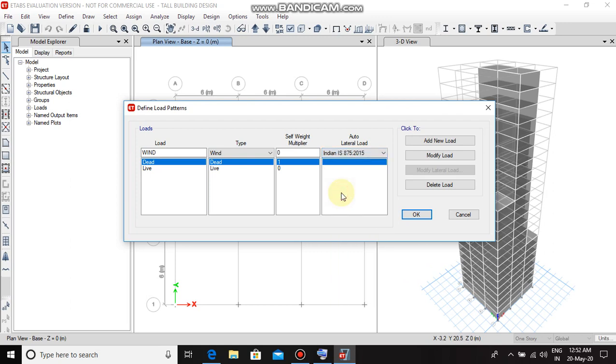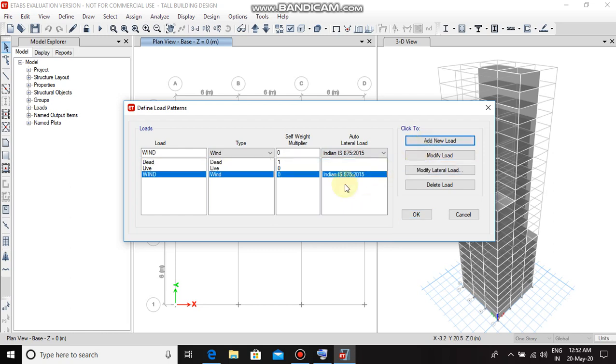Now click on add new load. Now select the newly added wind load, then click on modify lateral load.